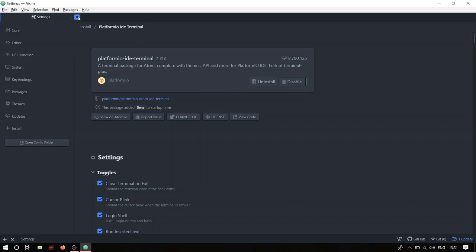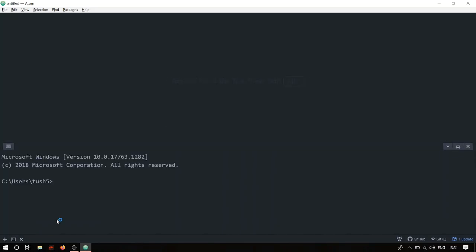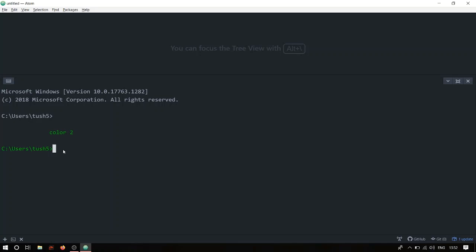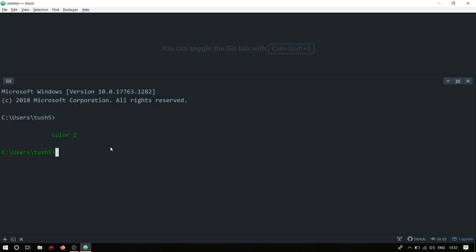And once you have installed it, close everything, and right over, if you're using Windows, right over your Windows start button you will find this plus symbol which says new terminal. So click on that. Your terminal will open up like this. So this is the Platformio IDE terminal that you will require to start your apps and run your server. You'll know what I'm talking about in a while. Let me quickly expand it and increase the font size so you can view it properly.